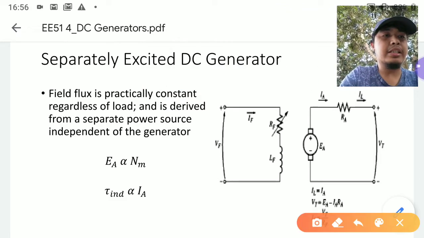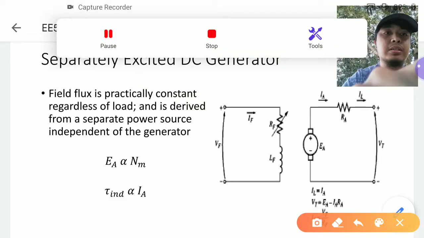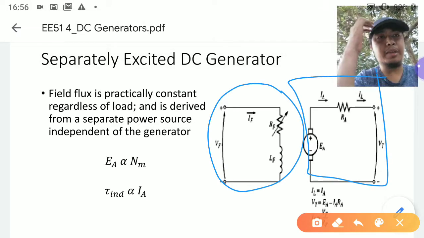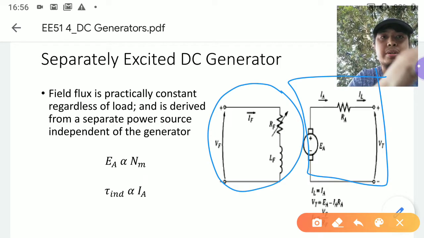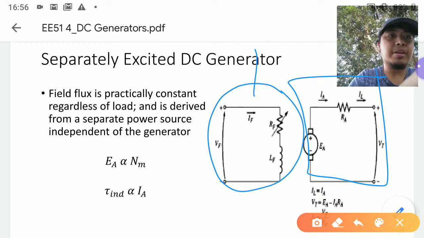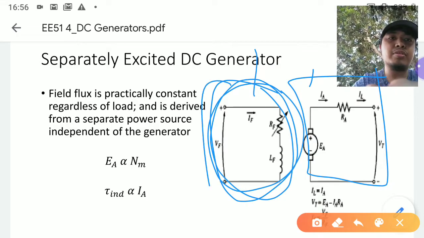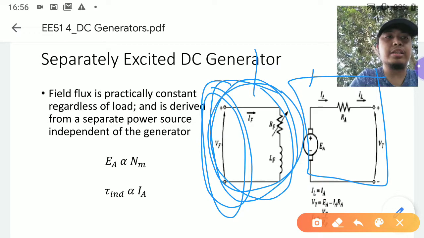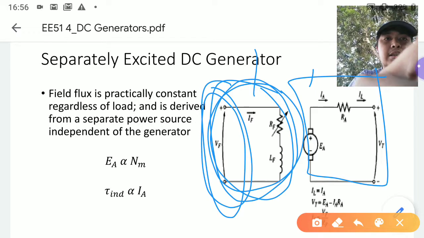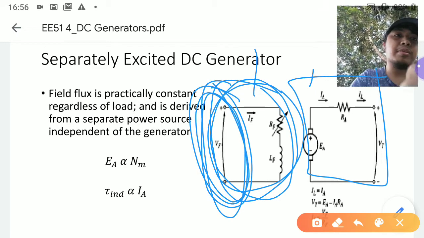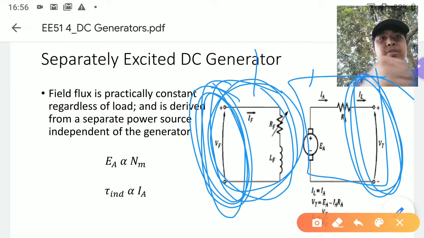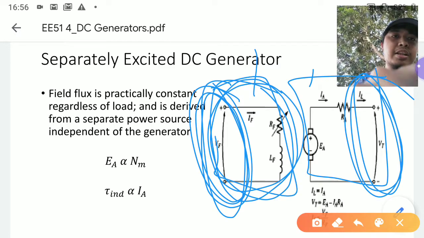You have the field separate from the armature electrical circuit. So because this field is separate from the armature, the excitation of this, which is dependent on your field voltage, because this is an electromagnet, this field voltage is separate from your terminal voltage, and that simplifies things because a separate field